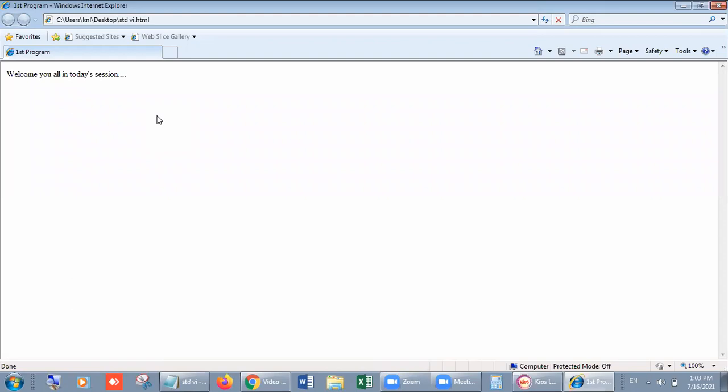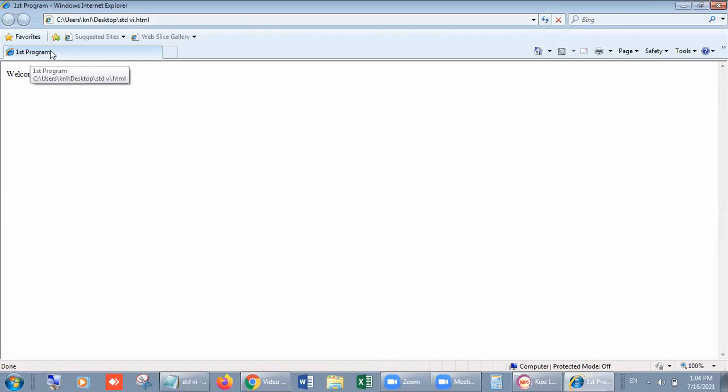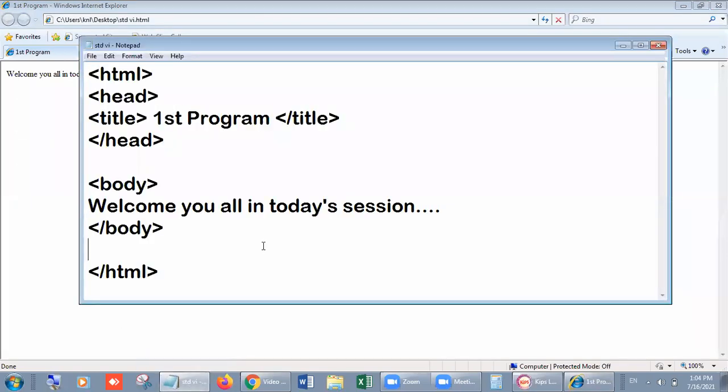But one more thing is there which we used in this, that is title. What is title? Title is first program, and you can see the title name in the title bar. This is its title bar, first program. So we can define our program, and after that, whatever we want to show, we have to type those lines in the body section, nowhere else, because the body section will show you all the output as a web page in the web browser, in Internet Explorer.